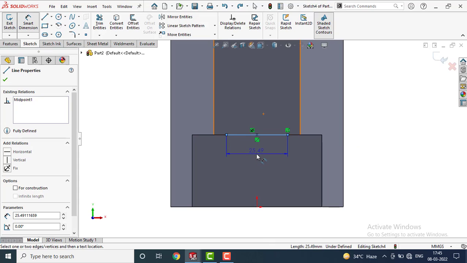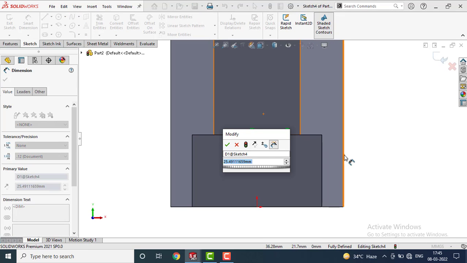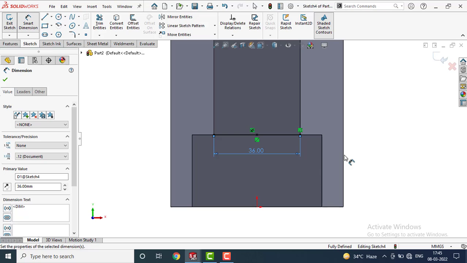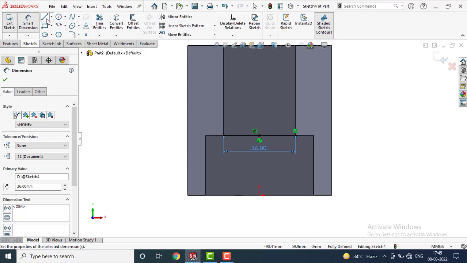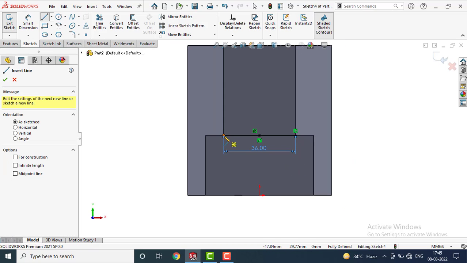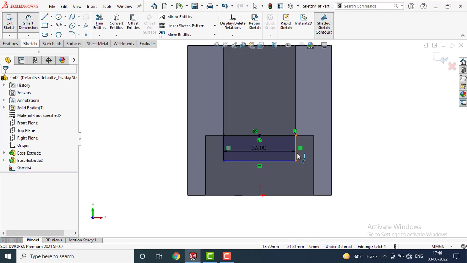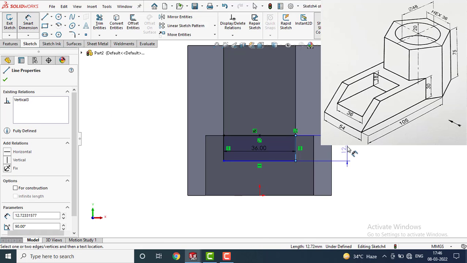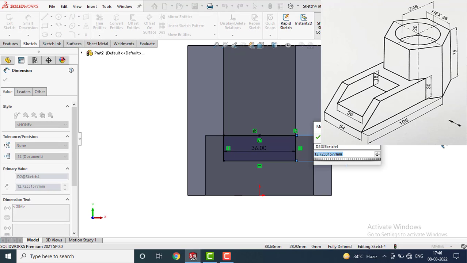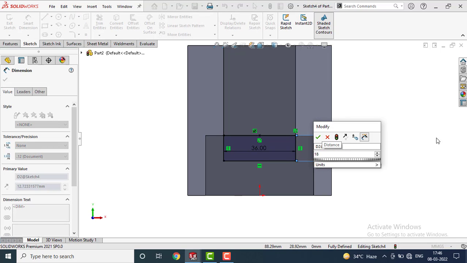Give the dimension to this line which is 36 mm. Again draw some lines. Go to smart dimensioning and provide the dimension 18 mm according to the figure.